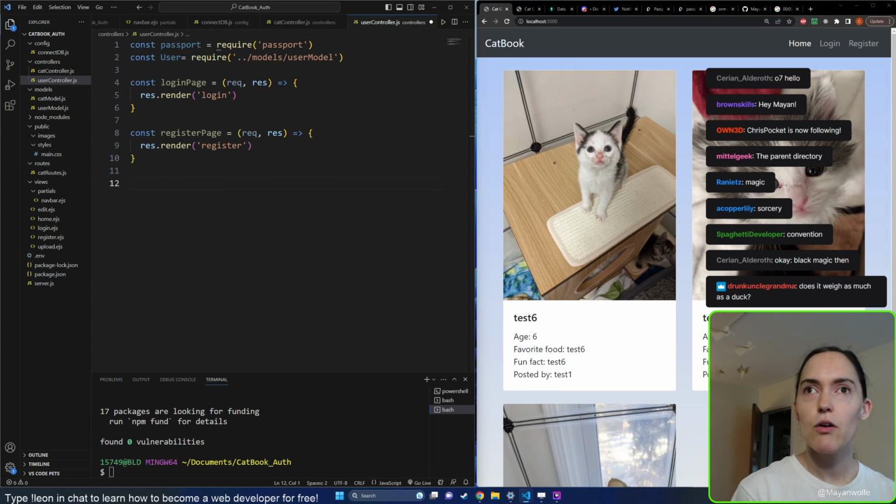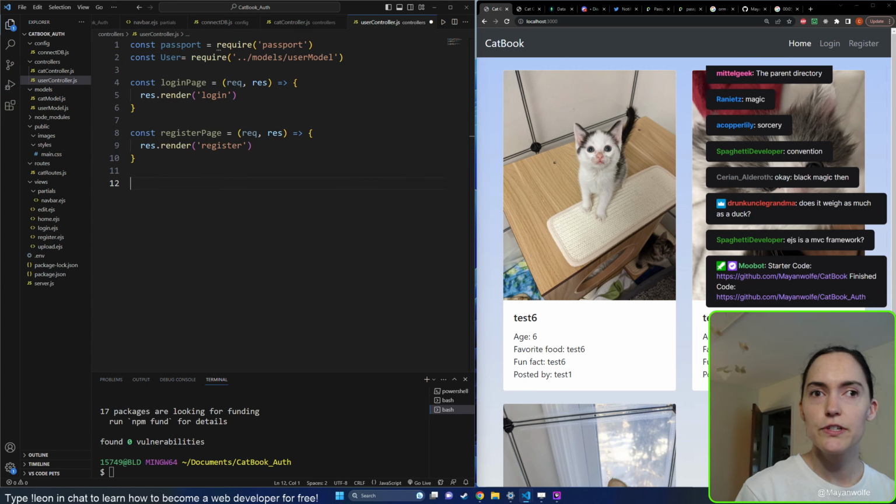Let's see how we can log in users and register users. I'm thinking about which one I want to do first. There's 3 things we're going to need to do. We're going to need to register people, log in people, and what's the third thing? Register, log in, and thinking about actions that a user might want to do related to authentication. Register, log in, and